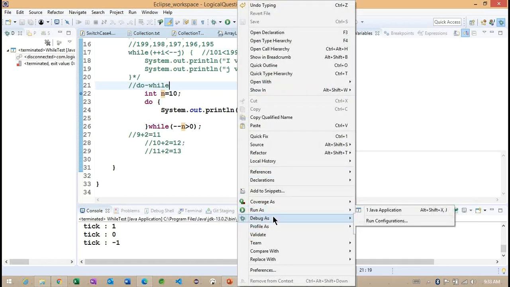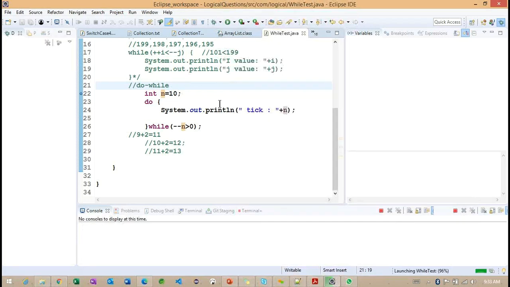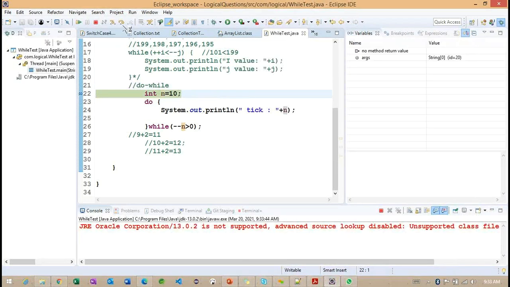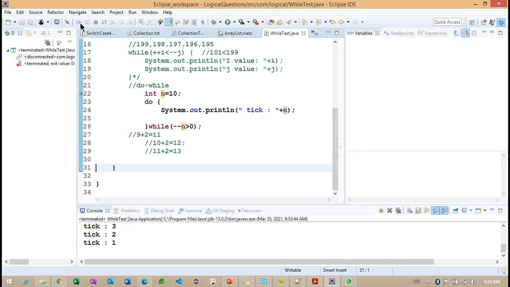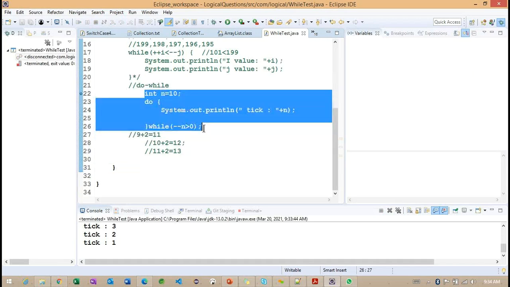So one more time we are going to check here. Observe below how the statement is printing here, up to 1. So this is the difference between while and do while here.